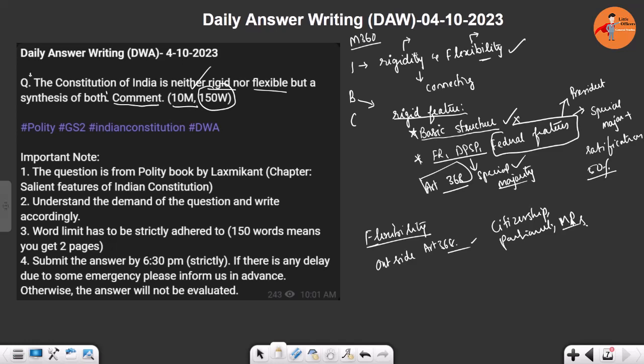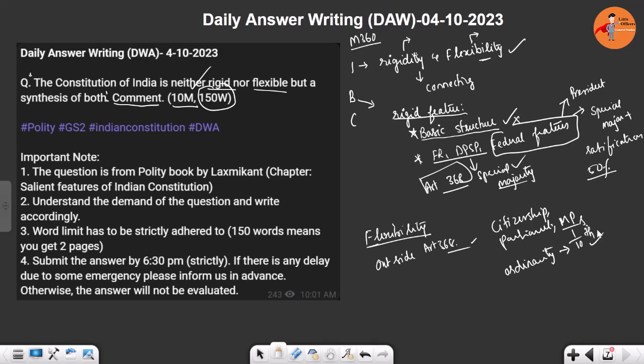It's nothing more than an ordinary bill. A simple ordinary bill which requires just a quorum of 1/10 of the house's strength and a majority of those present and voting. That is the simple process, like an ordinary bill. So there are features in the Constitution of India which can be amended as easily as an ordinary bill,